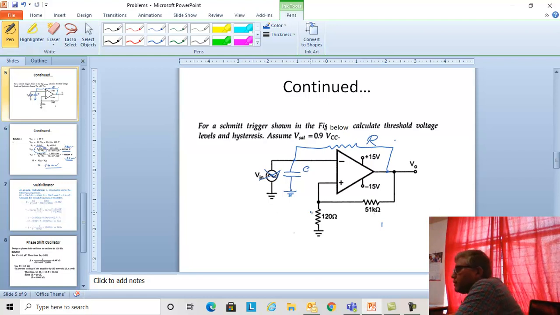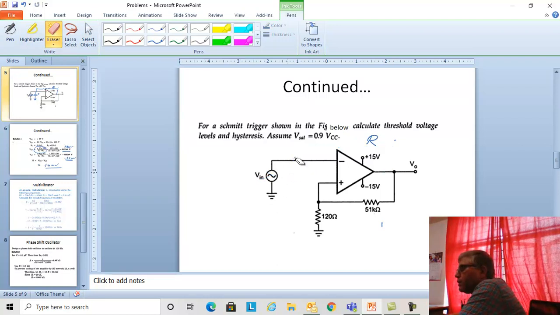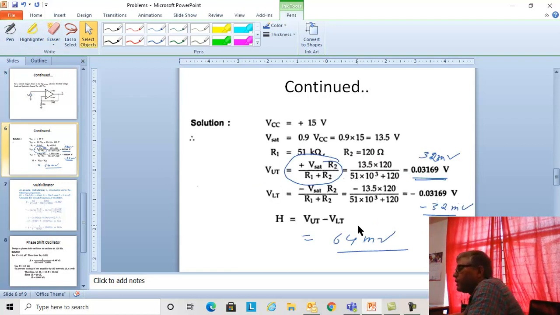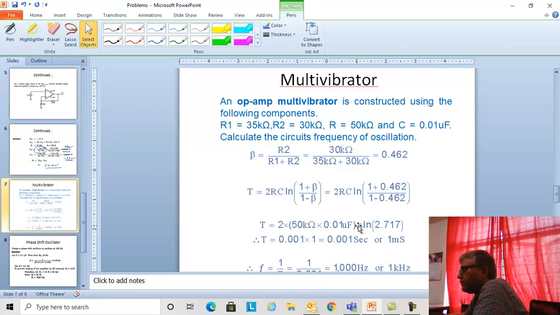Okay, and obviously the beta and everything is the same. So these circuits will not be given to you when you solve the problems. So you need to be very thorough with your circuits, which circuit it is, and if you draw the circuit wrongly, then it will become a problem for you. Okay, fine. So now same thing, beta is R2 by R1 plus R2.